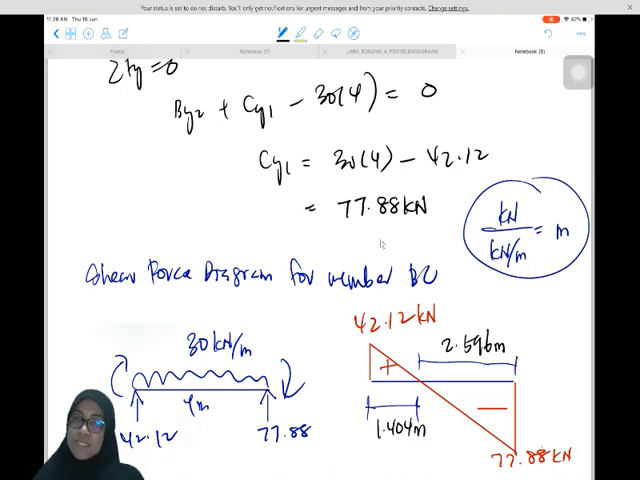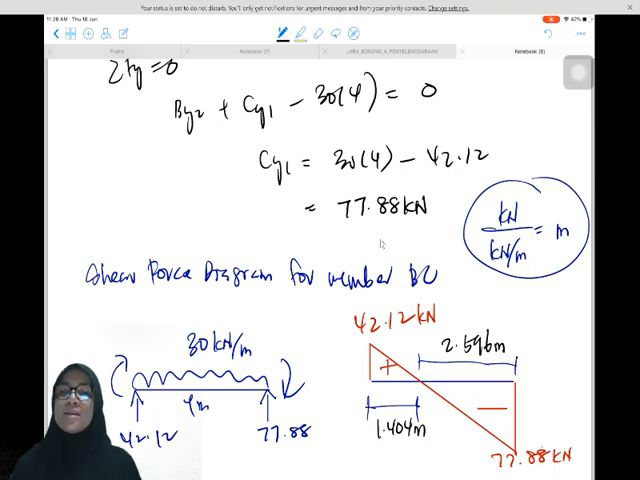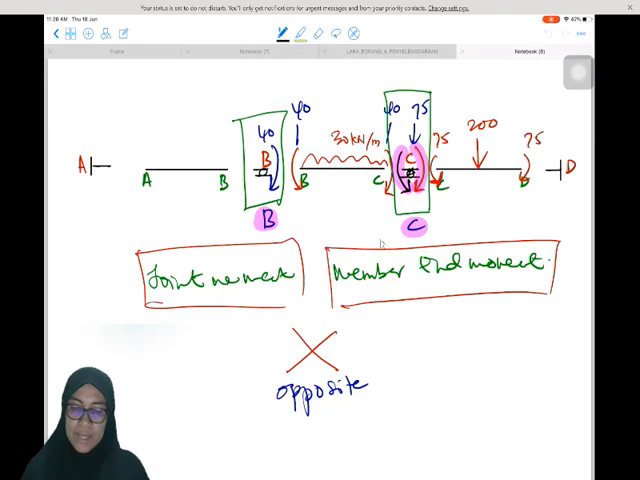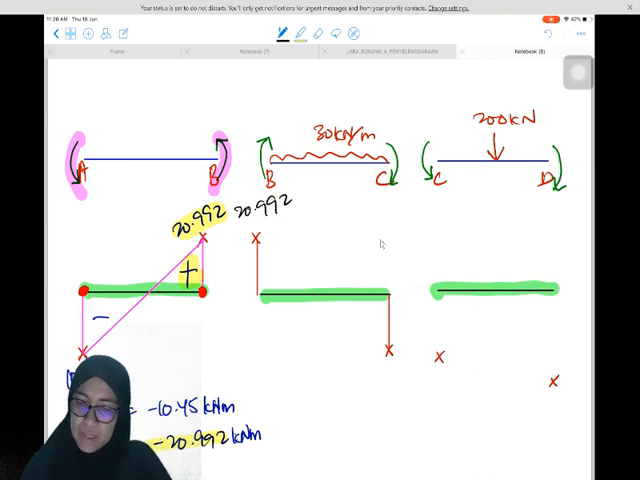Okay, so this is the intersection, and we have already determined the length, and the height is the shear value. So we will continue to draw the bending moment diagram. Okay, so the value here is 20.992, positive. The next value is